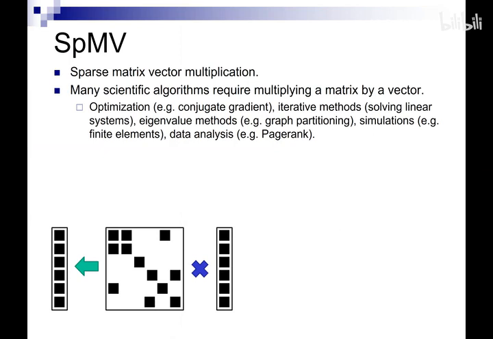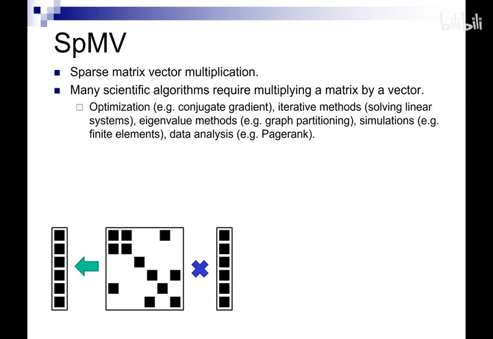Before I start, you might be wondering why I'm talking about sparse matrix vector multiplication, because I've mentioned several times previously that GPUs are not optimized for sparse matrix operations. I mentioned that they're excellent for dense matrix operations, but there are a number of properties of sparse matrix operations that make them not suitable for GPUs. However, today we're still going to focus on this problem, and the reason is, first of all,